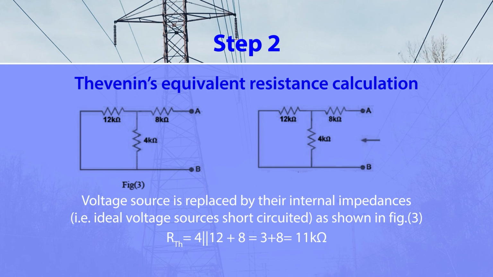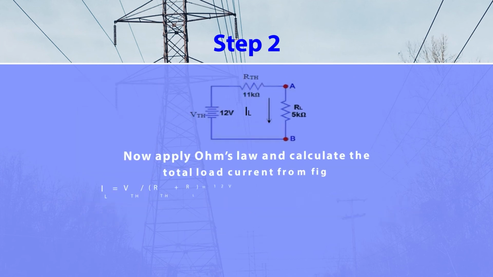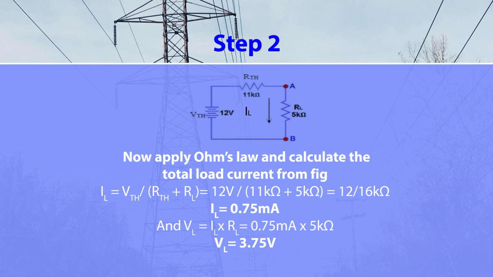So in this particular circuit, you have calculated the Thevenin voltage and Thevenin resistance. Now our objective is what? Our objective is to calculate the load current that is flowing through the load resistance. So now you just make the Thevenin equivalent circuit. You are able to calculate the Thevenin voltage VTH, that is 12 volt, and you connect that Thevenin equivalent resistance, that is 11 kilo ohm, in series with the Thevenin voltage, and you also connect the load resistance 5 kilo ohm in series with the Thevenin resistance and Thevenin voltage.